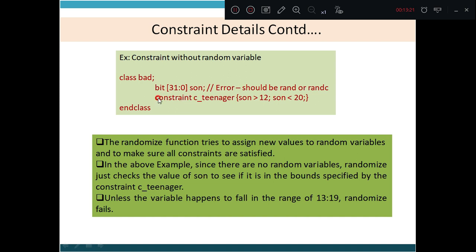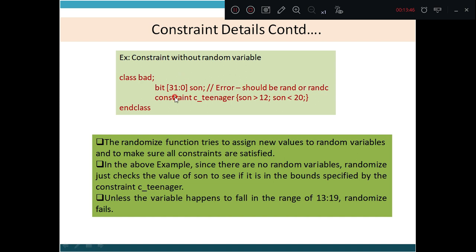Now, whenever you have to use a constraint with a particular variable, this variable has to be either rand or randc. Whereas in this case, it is declared neither as rand nor as randc. Therefore, the simulator throws the error, and it should be either rand or randc. So the name of the class is given as bad.